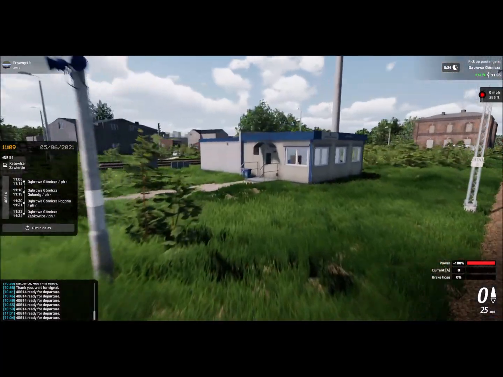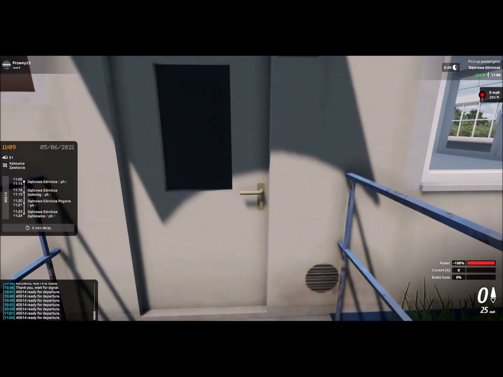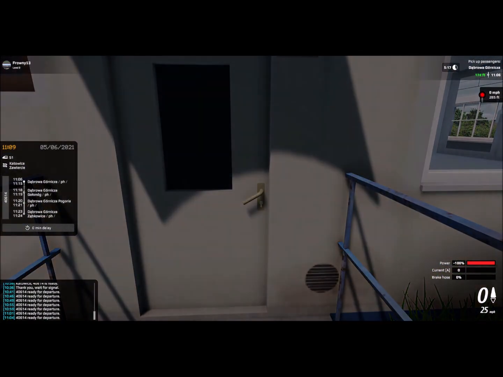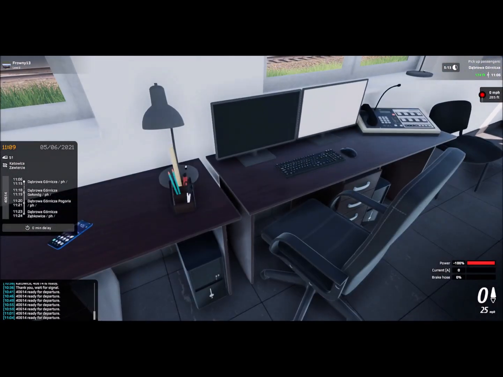Ooh, there's this building here. Can I go inside this building by any chance? I think this is one of the dispatcher places actually. Can I go in here? I can! Okay, look at that. I'm inside the... I could be a dispatcher. Okay, I can't actually use the